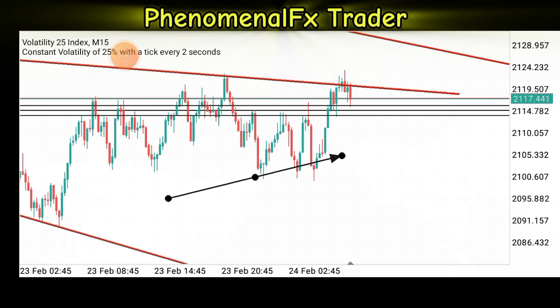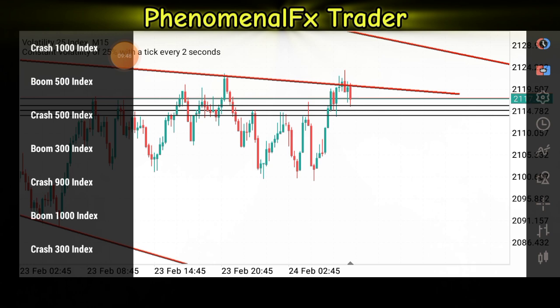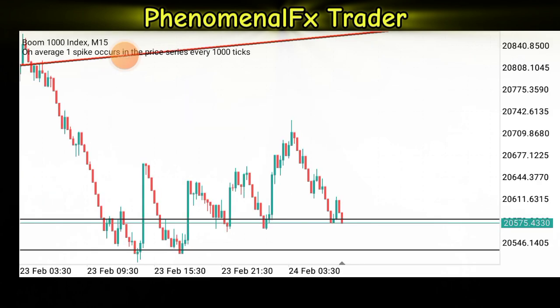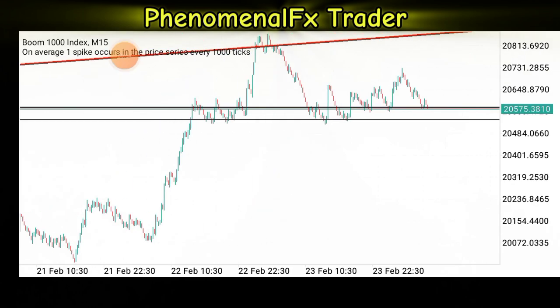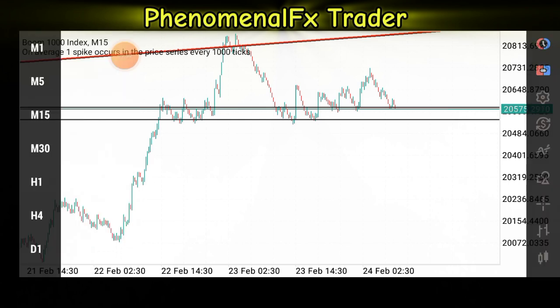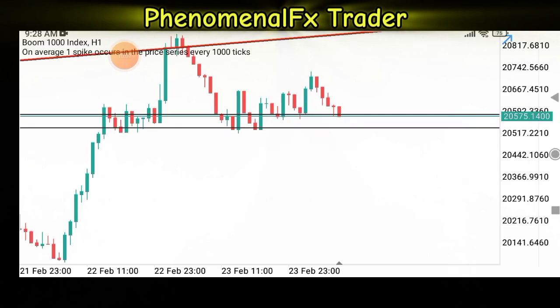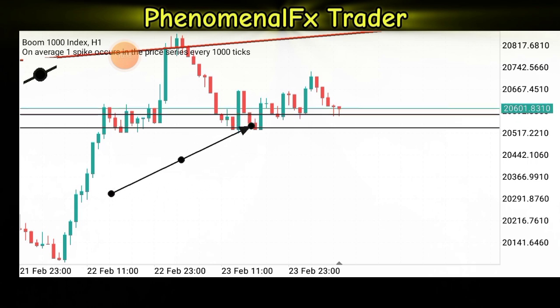All right, you set your stop loss accordingly. And also for those of you who watched the video I shared yesterday on this channel about Boom 1000 index, if you go to this time frame, you can see this is the chart. I am still waiting for the market to break and close below this zone. Like I told you yesterday, you can just take the trades at the current price, where I think when I did the video, the market was somewhere around this zone. So I was saying you can just take some buy trades and put your stop loss just below here,